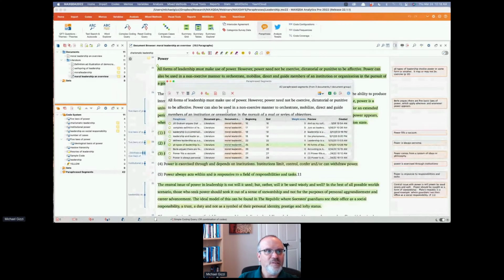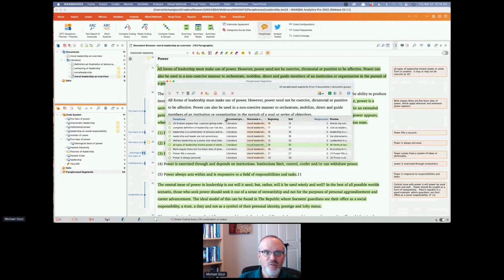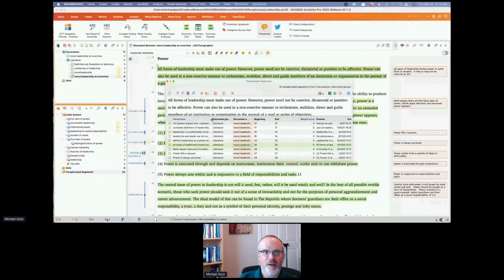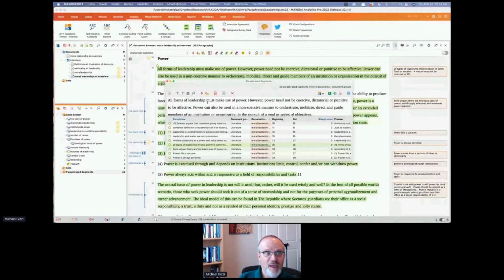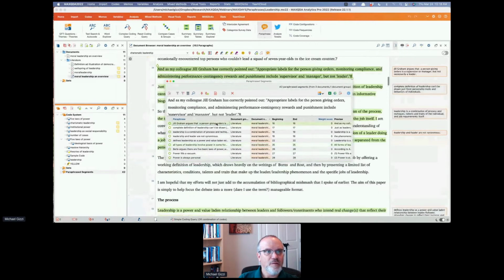and you can see what you paraphrased. And you can make this larger so you can read this. So this is one way of seeing what you've done. You'll notice you have the ability here to auto code segments if you want. You also have the ability to activate documents.